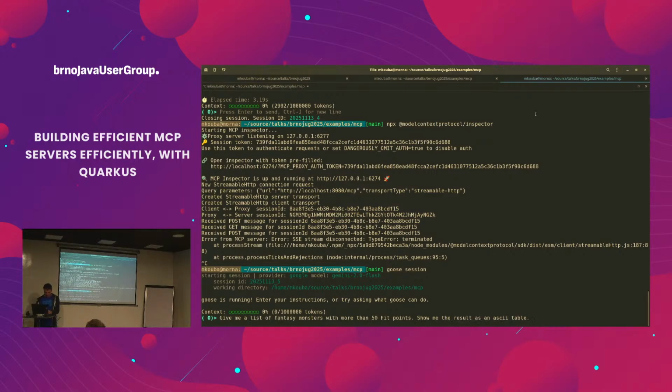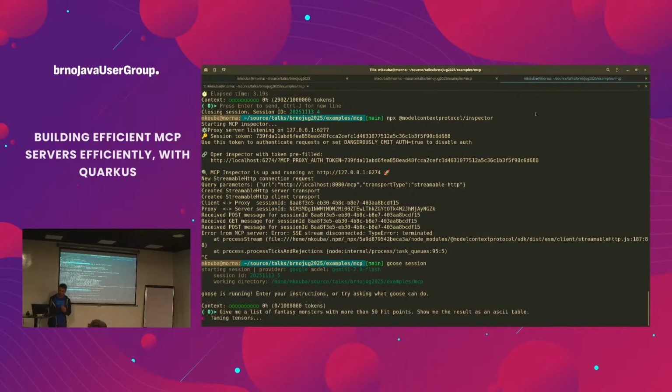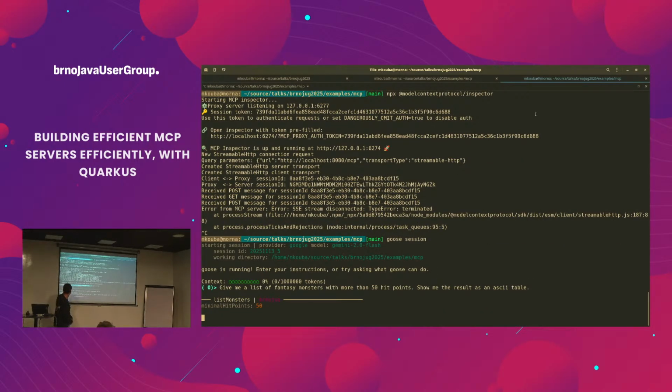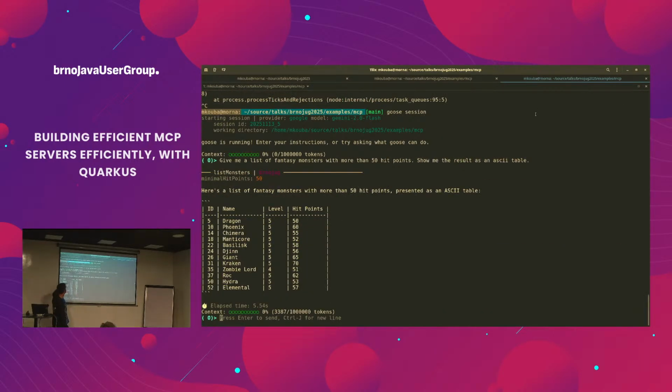I have a question here. The prompt is: give me a list of fantasy monsters with more than 50 hit points. Show me the result as an ASCII table. So hopefully, okay, this basically means that we are calling our tool, and these are the monsters from my database that have more than 50 hit points. Cool, works. So in this example,